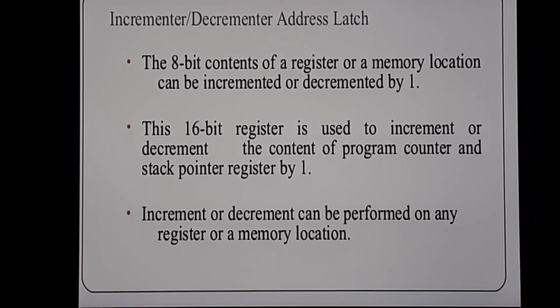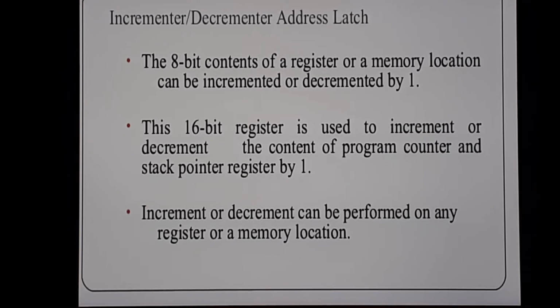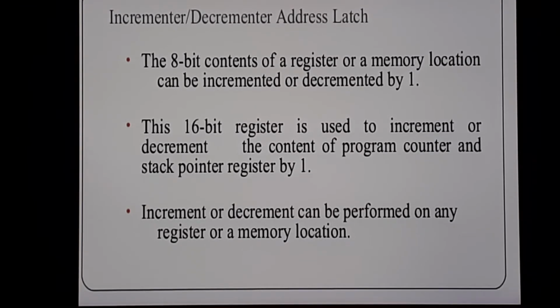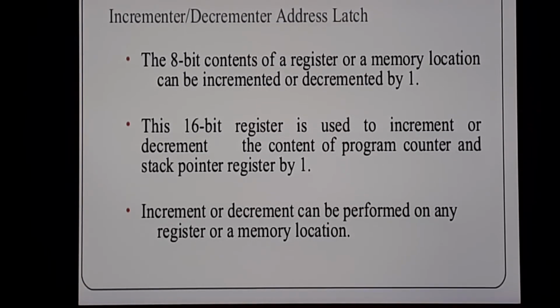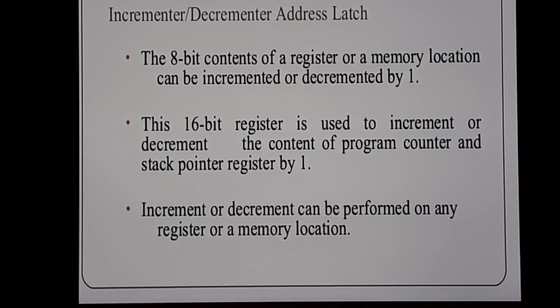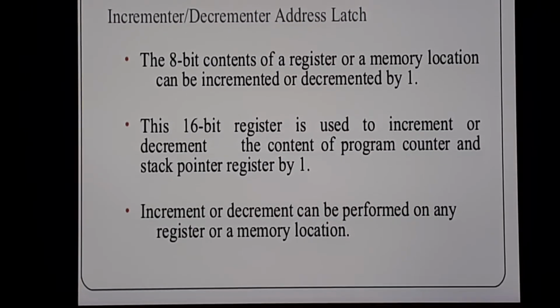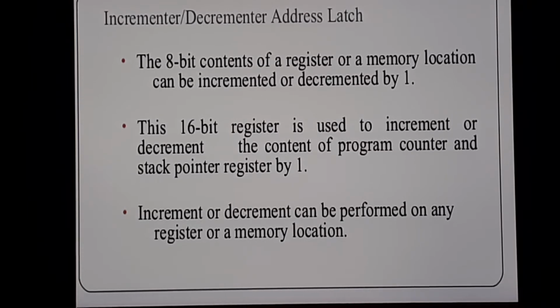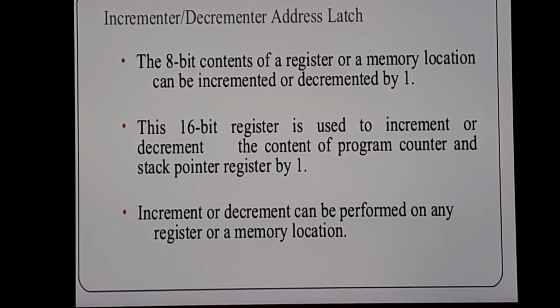Okay. So next is incrementer or decrementer address latch. Now you all know increment, decrement, that I have told you in chapter number 1 from your binary number system in standard 11th. So incrementer, what it does, it will increment by 1, and decrementer means it will decrement, that is subtract by 1. So plus 1, minus 1. Okay. So this is again an 8-bit register. All of these are registers. Blocks mean nothing but the registers. Okay. So this incrementer, decrementer is again an 8-bit register or a memory location which can be incremented or decremented.